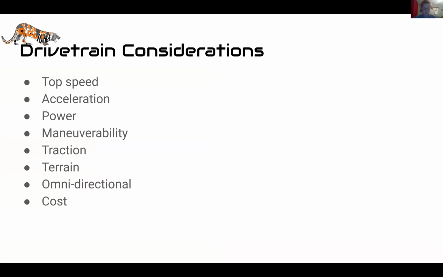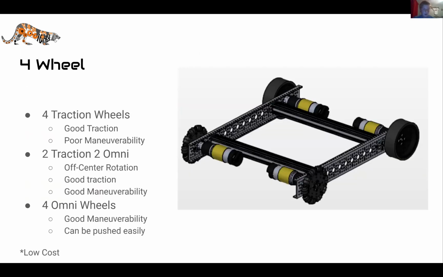Drivetrain constraints are some things you gotta think about when you are designing your drivetrain. Things you want to consider is your top speed, so how fast your robot can go. Acceleration is similar. Your power, your maneuverability, traction, terrain, omnidirectional, and cost. So the terrain is